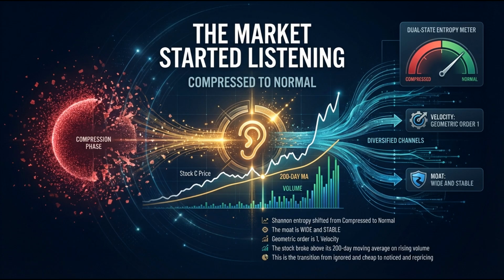Managing Stock C requires a completely different psychological constitution than managing Stock A. Oh, 100%. Stock A, with its perfect 87 score, is akin to riding a luxury cruise ship. The trajectory is set, the momentum is massive, the waters are calm, and your primary job is simply to stay on board and let the math work. Right. Don't jump off the boat.